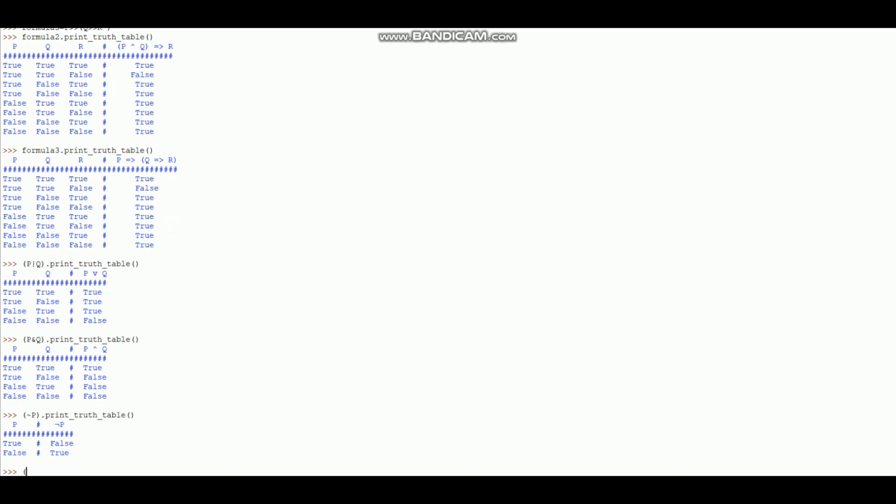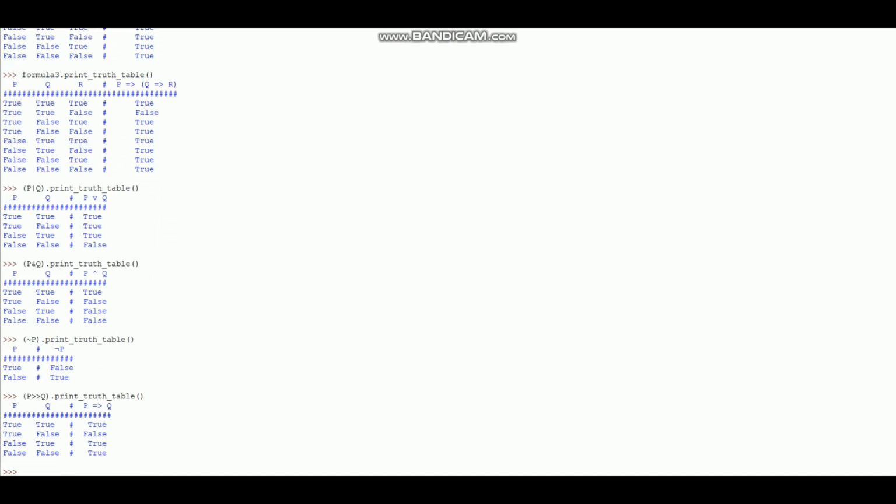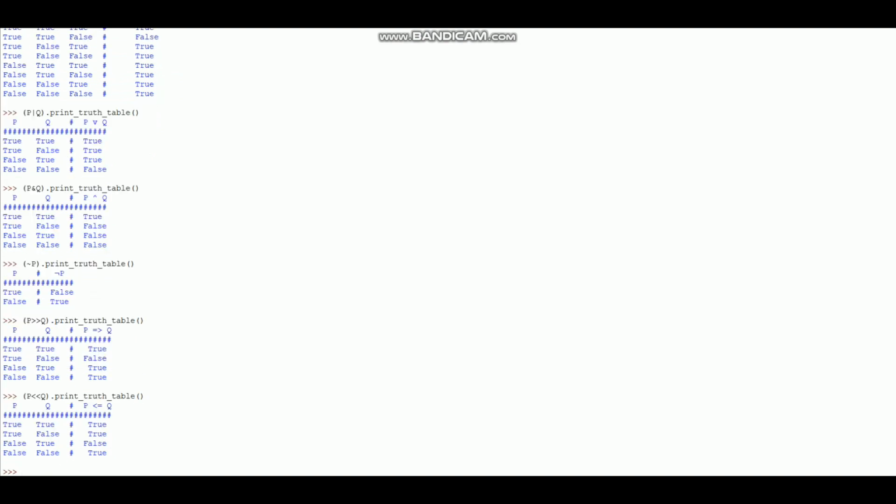and p implies q print truth table, and we can also see the truth table of p is implied by q print truth table. We can also see the contradiction between p and not not p